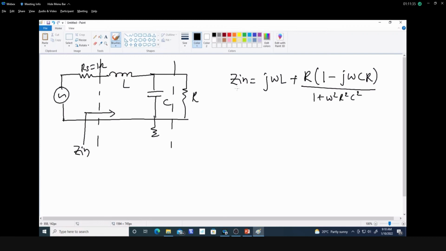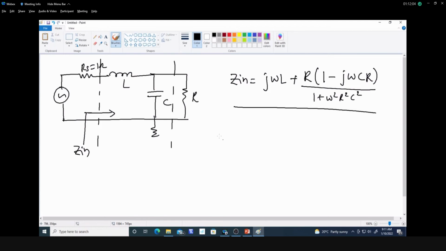So generally we have the transmission line equation, Z naught into (ZL plus j Z naught tan beta L). Based on that value also you can find it, having some length. But here we are not considering the physical length, we are considering the L and C values. We can also find out the input impedance in that case, and generally we can take the parallel combination and series combination, we can even find it.